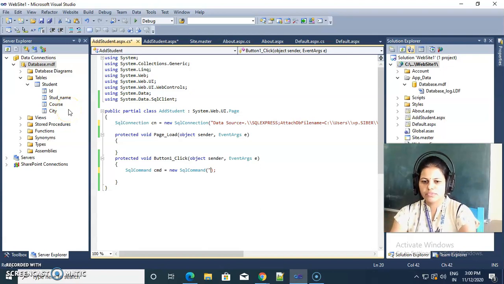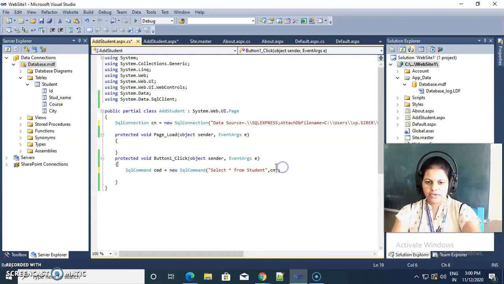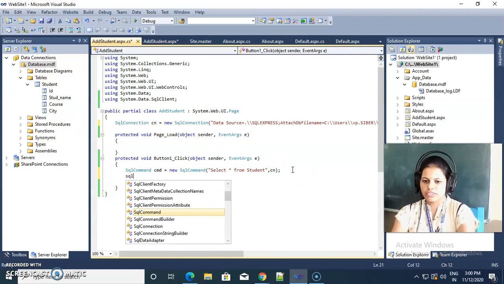So I am using a select query for retrieving data from the database table student. I need all rows, all columns, so I am giving select star from student. Then my active connection object is cn. Okay, now I am taking one SqlDataAdapter.